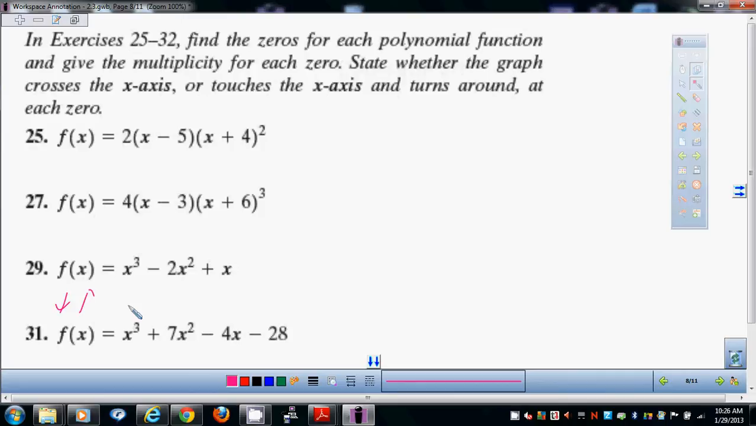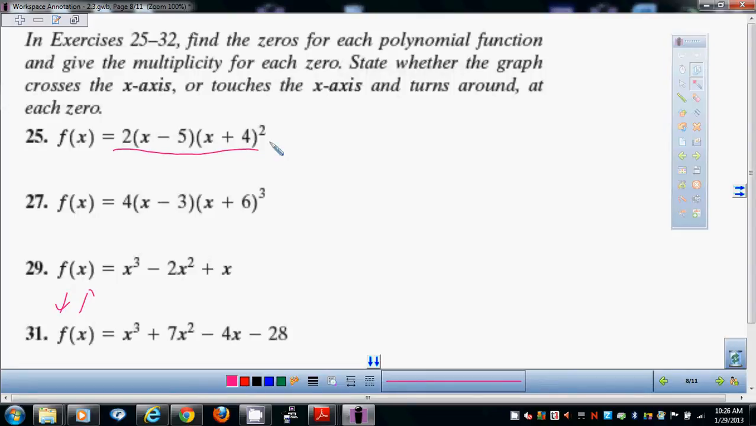Think about the function. Well, never mind. We're going to get to that in a second, I guess. Today you're going to have to do some factoring. You're going to have to do factoring and/or the quadratic equation. However, 25 and 27 are pre-factored, which is awesome because that means you don't have to